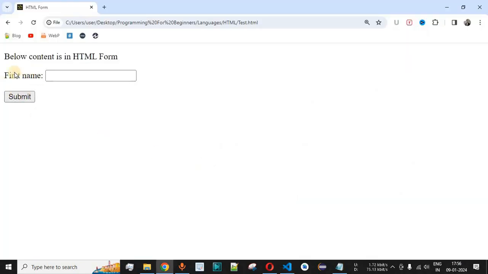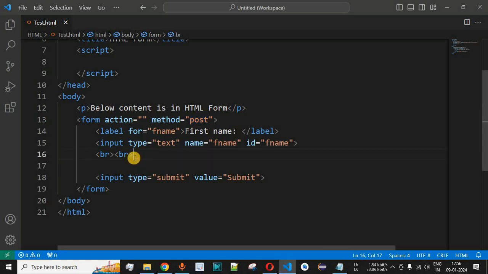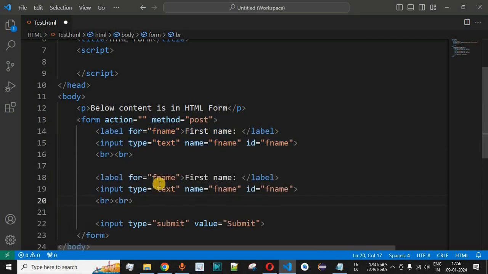So guys, similarly we can also have a password input in this case. Let me just copy these lines of code and paste this over here after the first name, and in this case we will have password as the input type, and the name attribute we will update to password, and the same value we will set as the ID of the input tag as well. And for the for attribute of the label we will set it as password, and we will change the label to password over here.